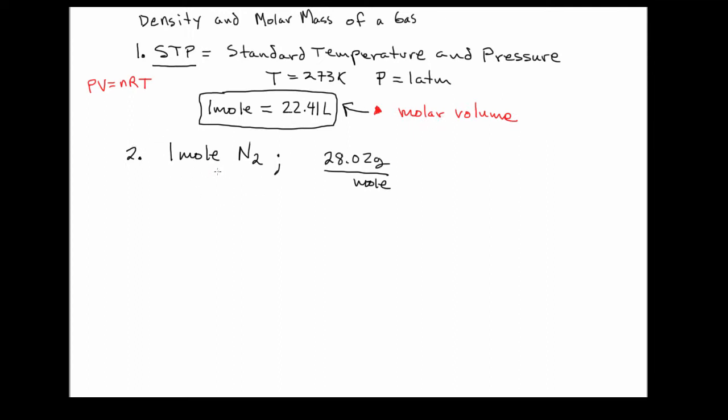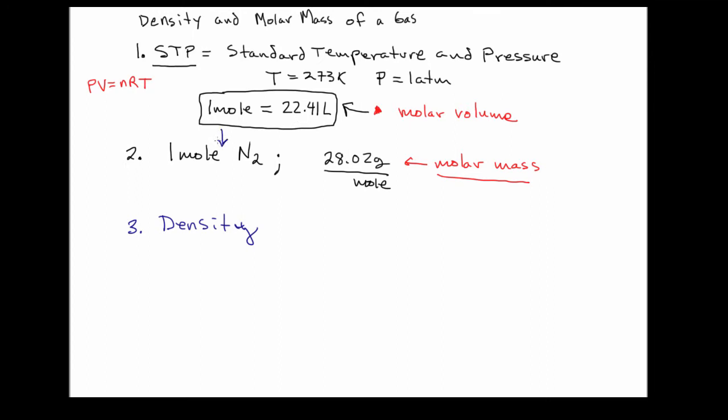In the second part here, we've defined molar mass. This is a concept that we've dealt with before, actually in many different videos. And molar mass is literally the mass of 1 mole. So now if we combine these two concepts into one, you can see that we can actually determine the density of an ideal gas, because since we know that 1 mole is 22.41 liters,